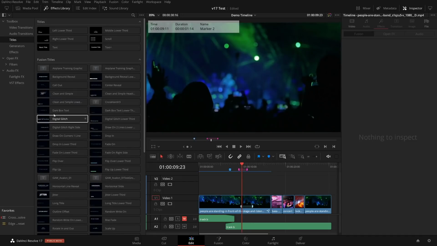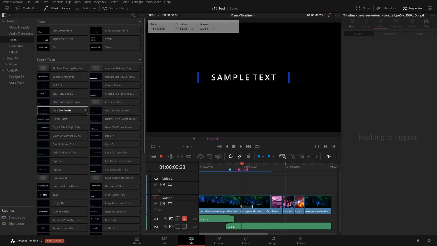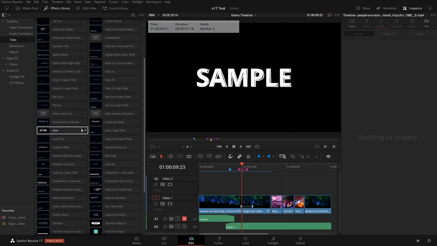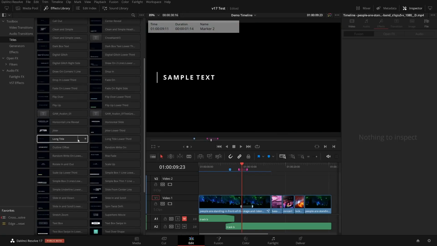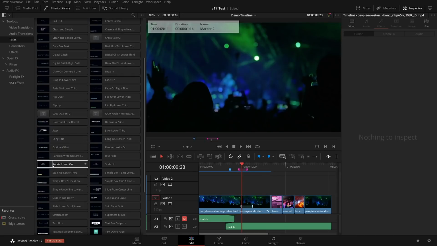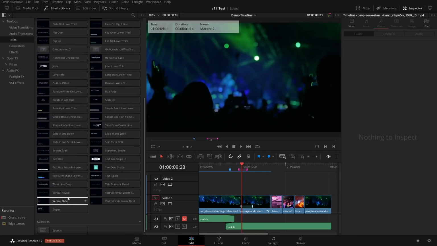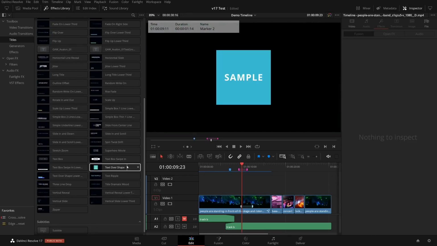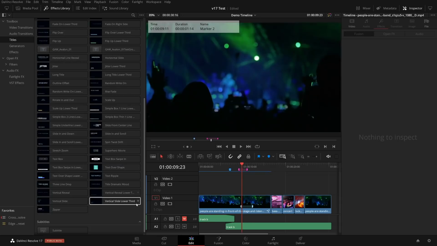Previously, I felt that the titles were more playful and showing functionality, but not really elegant. And now you see, first of all, you can preview the titles, and they are quite more useful titles and less like 90s style, let's impress everyone with 3D titles. So I think there's still some funny ones here, but all in all, they look much more useful to me now. And of course you can add your own and can buy packs for new titles and so on and create your Fusion titles.